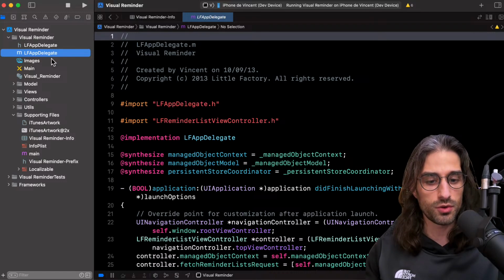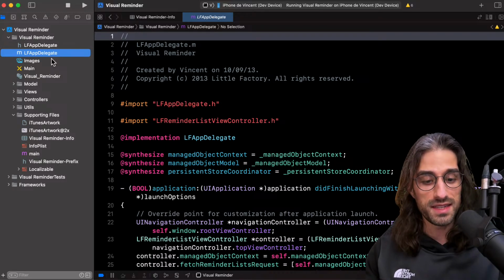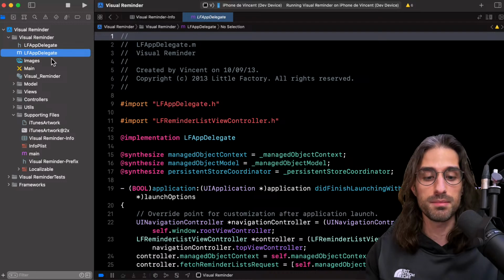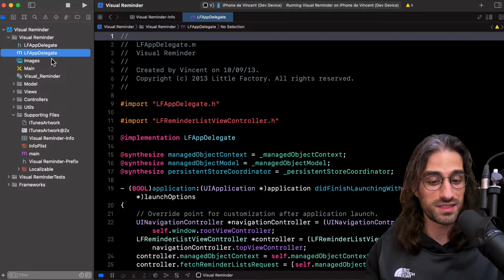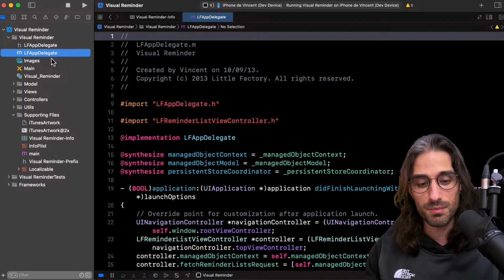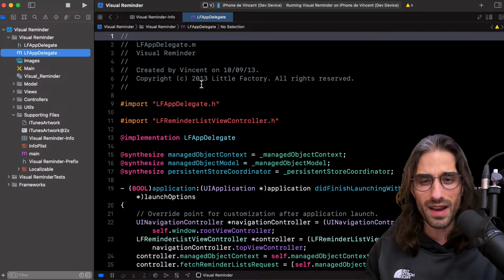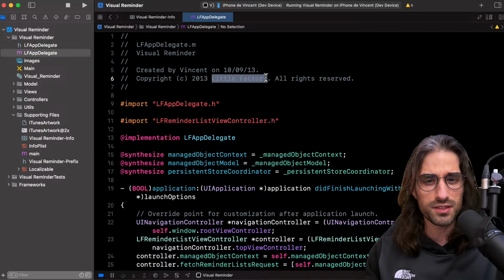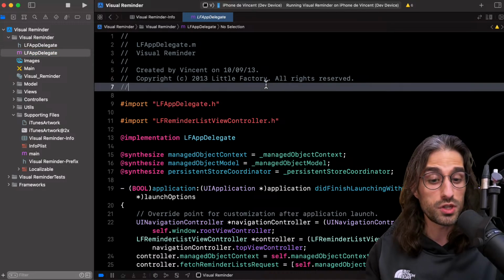Modules are namespaces. So in module A, you can have a type called user, and in module B, have another type called user, and your app is still going to build, and you will still be able to disambiguate which user you are referring to. That was not the case in Objective-C. That's why you had to manually prefix every type. And so I guess I had taken the name Little Factory back then as a developer, which I dropped almost as fast.